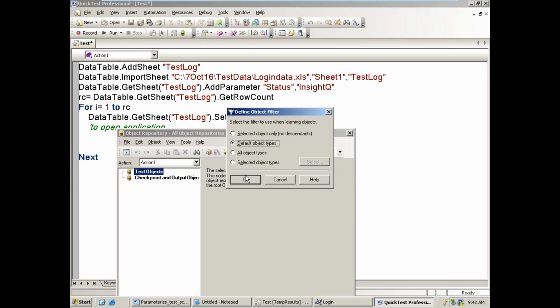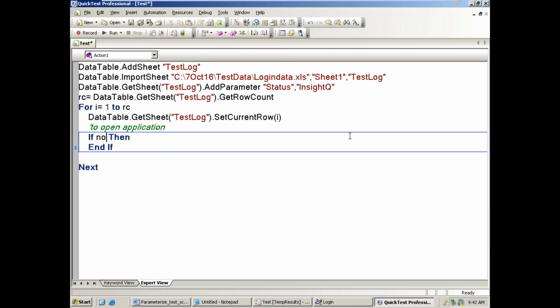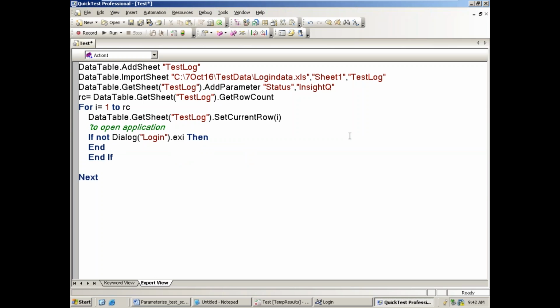Default object types I'm selecting. Now what I want to say: if not, that means login is not available. So if not dialog login dot exist in 2 seconds of time, then only I want to invoke the application. So I can say invoke application, path of the application,